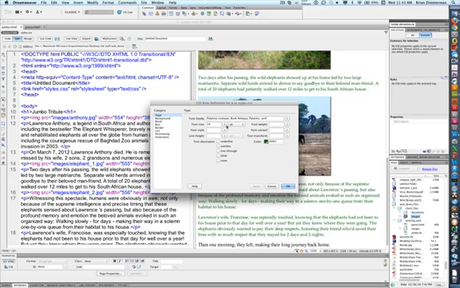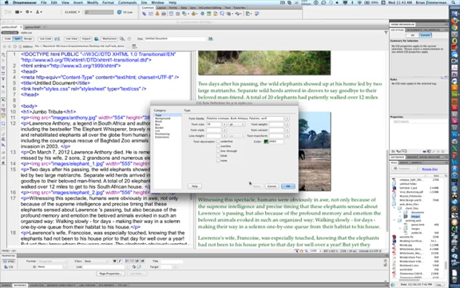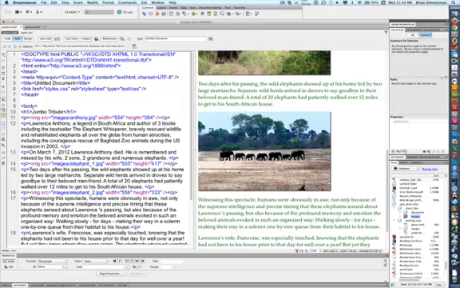Font's a little bit small even yet, so I'm going to bump that up to 16, hit apply. Oh yeah, I think I'm going to like that a lot better. So I'll say OK on this one, and then